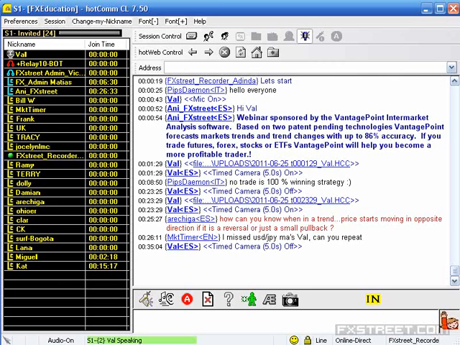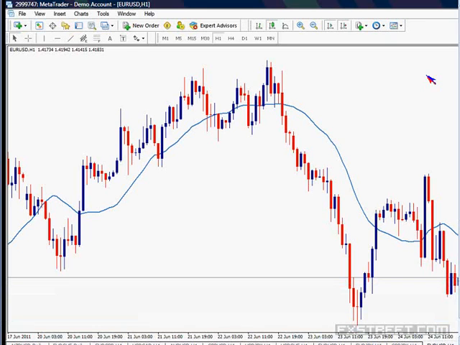We have a couple of questions. I will start with Archinga. How can you know when a trend price starts moving in the opposite direction, if it's a reversal or the start of a small pullback? Well, that's a good question, and I believe the easiest way to determine it is, first of all, to have a concept,